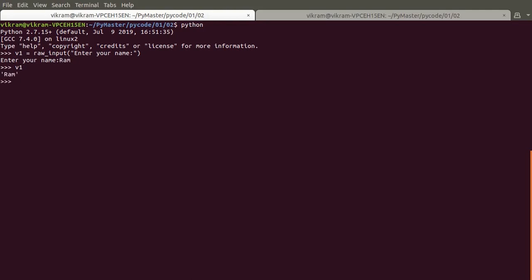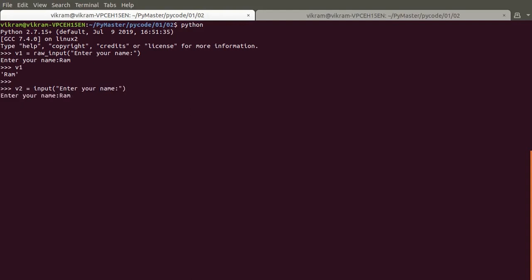So here if I am getting input of enter anything, or maybe asking for name, in that case if I give Ram as an input, then it will throw me an error.